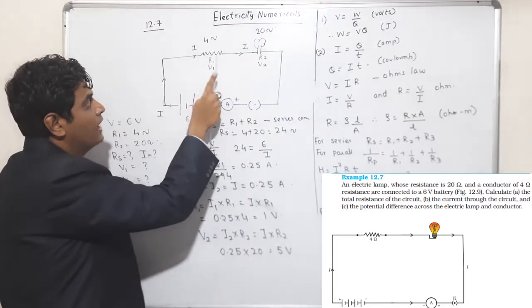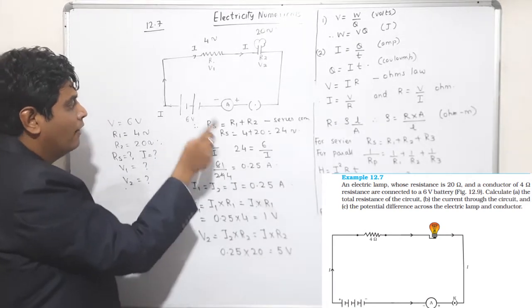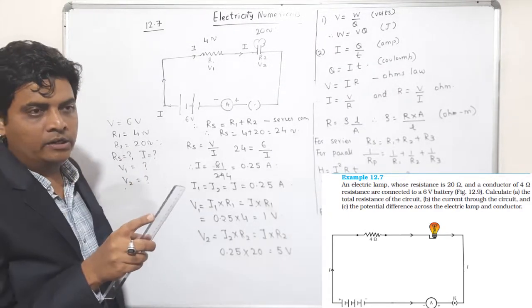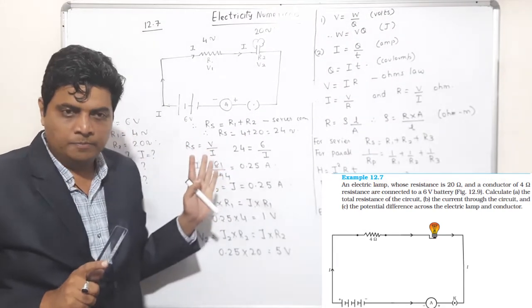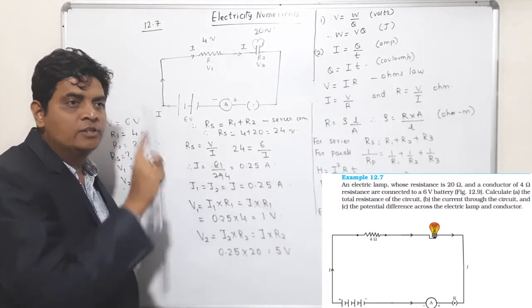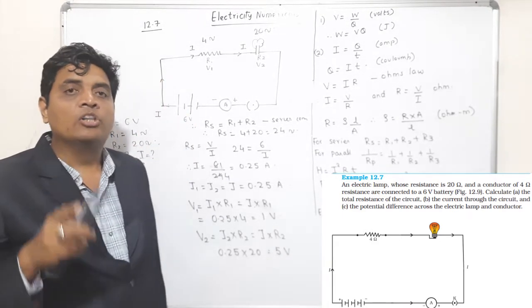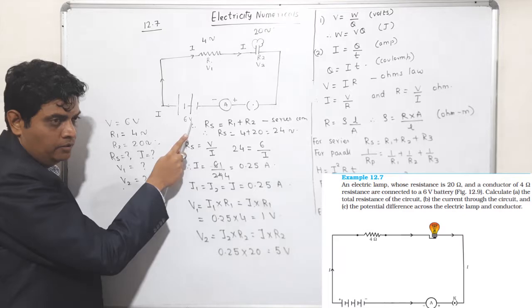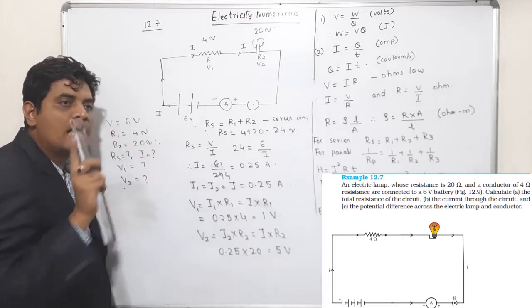The resistance of the conductor is 4 ohms. The voltage of the battery is 6 volt. And you have to calculate now. What all the things you have to calculate? You have to calculate the current in the circuit. Now what is the current in the circuit? The current which comes out of the battery is the current in the circuit. So if you have the battery voltage, you have the current. For using V is equal to IR, that is Ohm's law for a circuit, your R should be the equivalent resistance of the whole circuit. So if you are using V and R of the whole circuit, the equivalent resistance, then you will get this I.